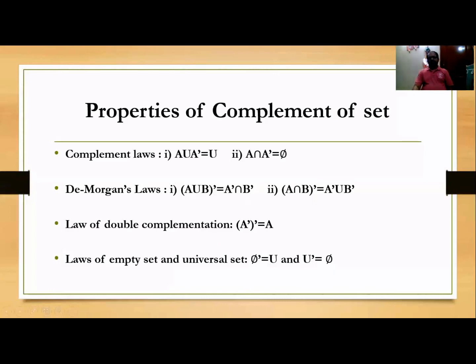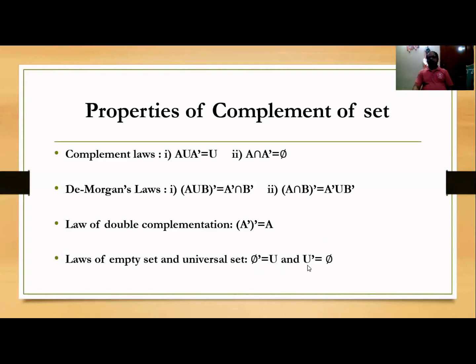We can consider any example, suppose the set of students only. If U is the set of students in a class, then phi is nothing but the empty set. So what does the complement of the empty set mean? It is the set of students in the class, right? That gives us U, the universal set, the set of students in a class. As we consider U to be the set of students in a class, phi dash will be the set of students in a class.